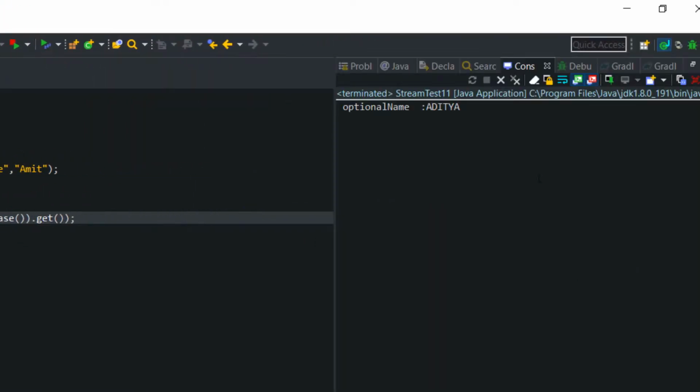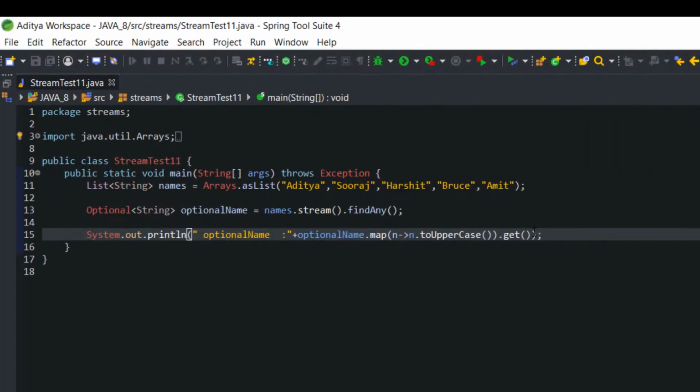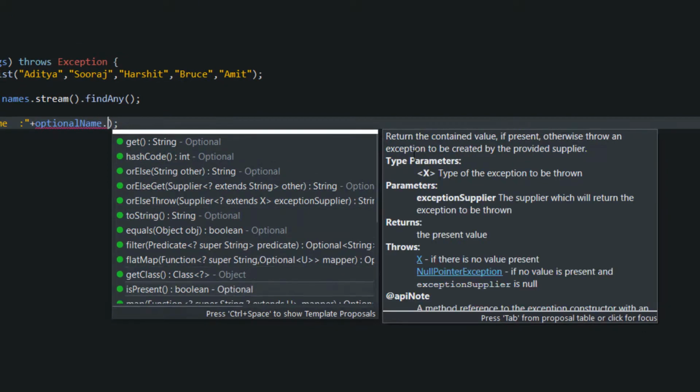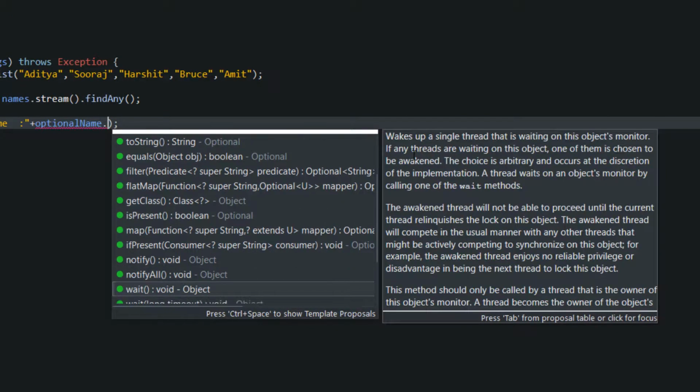See, now all the names are coming in uppercase. So we saw the different jobs of the methods which exist inside Optional.